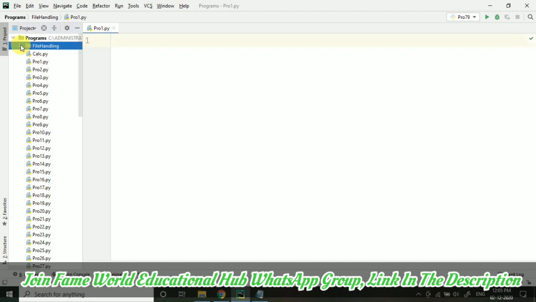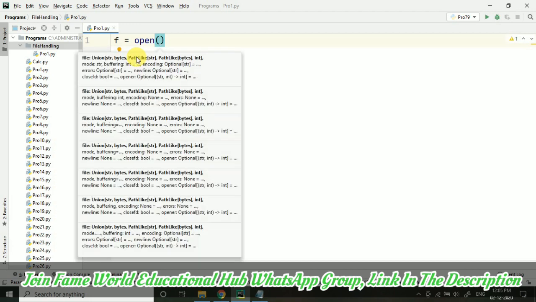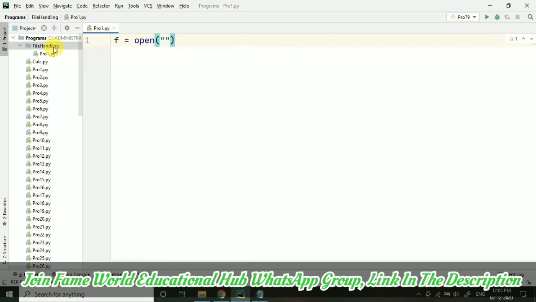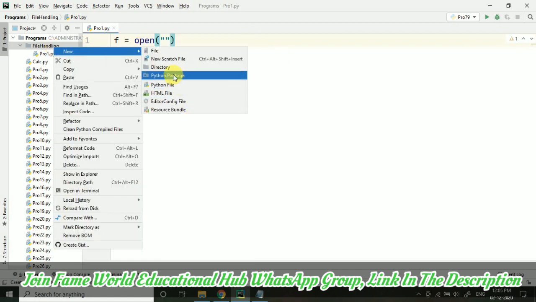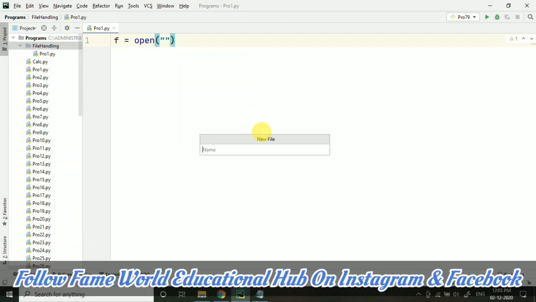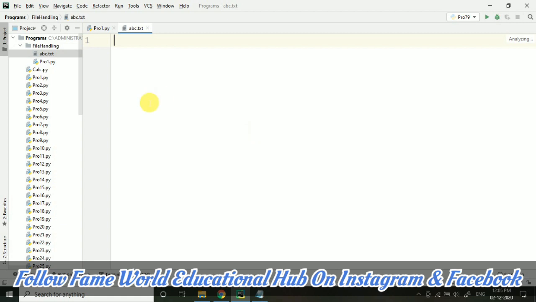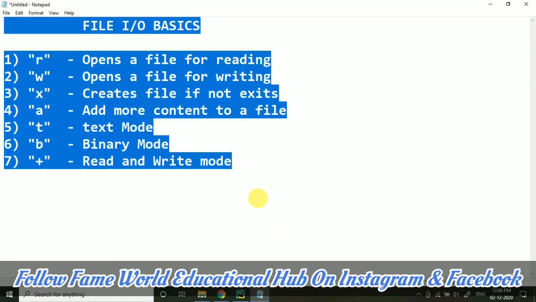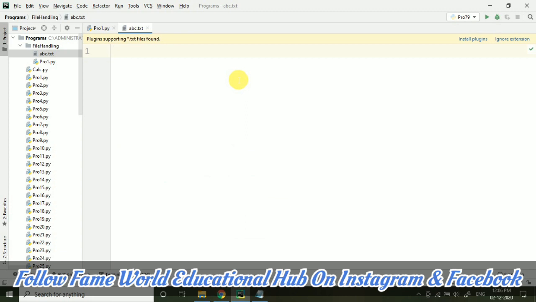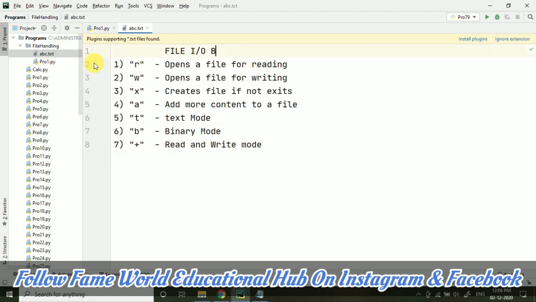Now you can see that I have created this folder in front of you. It is not having any file except for this Python file, and this is Pro 1 itself. Now I am writing F equals open. This means that I am going to open some file that must be existing. So let's create one file here, and we will put some text there. Here I am taking a file, let's say it's abc.txt. So here I've created a text file, and let's copy this content there, so you will easily get it and understand it also.